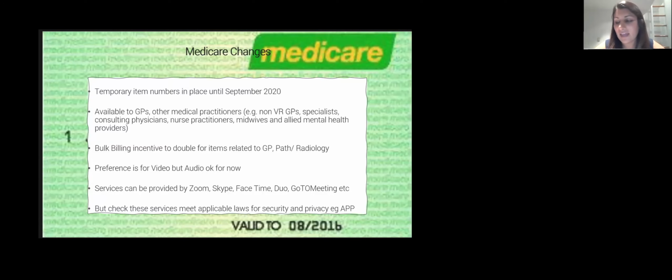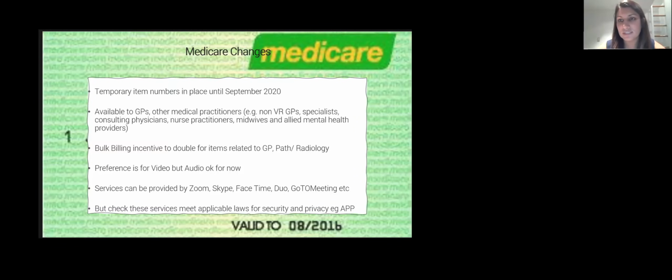And they have actually put in the Medicare schedule that it's okay to use Zoom, Skype, FaceTime, Duo, GoToMeeting, any of those platforms. They're not going to specify which video platform you use, but they really emphasize that these services have to meet the applicable laws for security and privacy, for example, the Australian Privacy Principles.